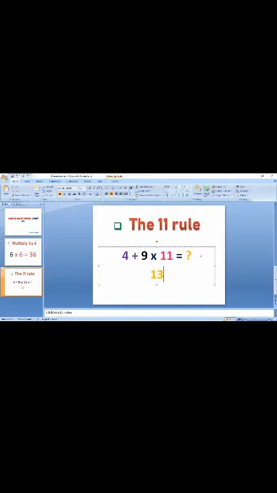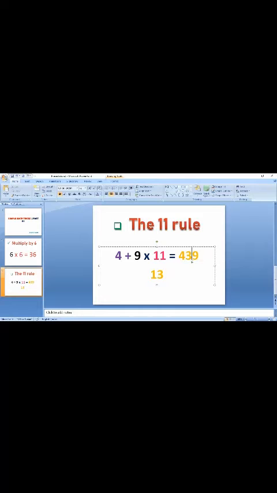Then place the number 13 in between the two digits as the answer. So we got half of the answer. What's that? 4 and 9 are the first and last digits, and we got some number, that is 13, right? So 13 is a two-digit number. Here the number 13 is greater than 9, right? So put the ones digit. What's that? The ones digit is 3. So put 3 in the middle,